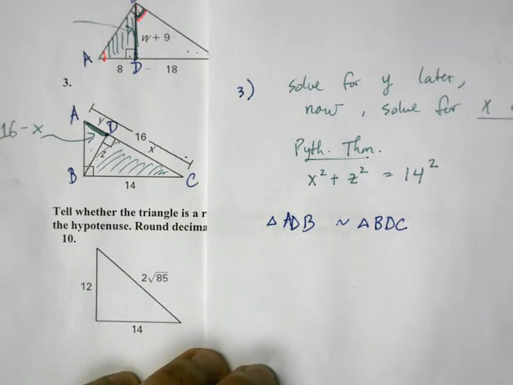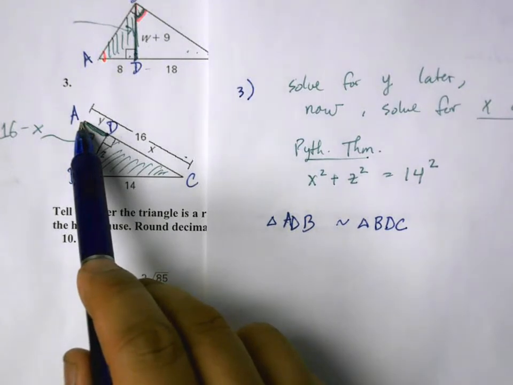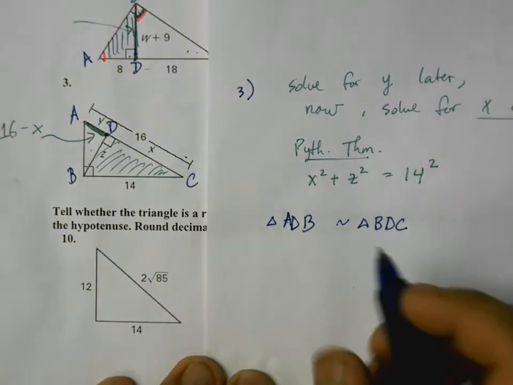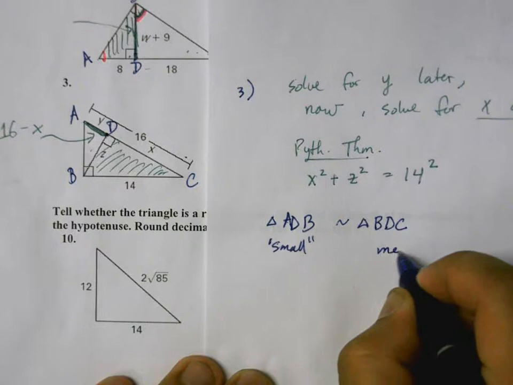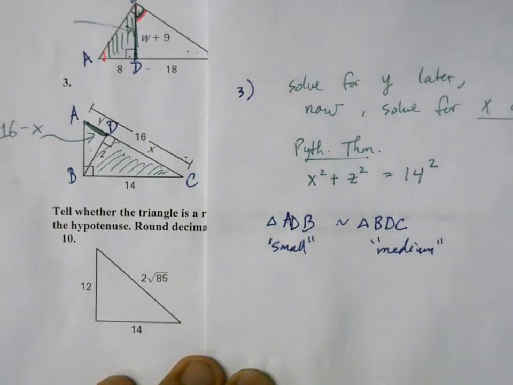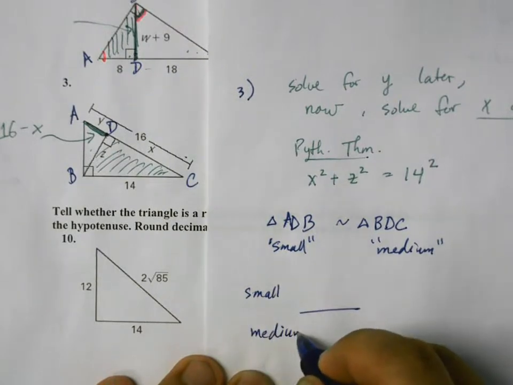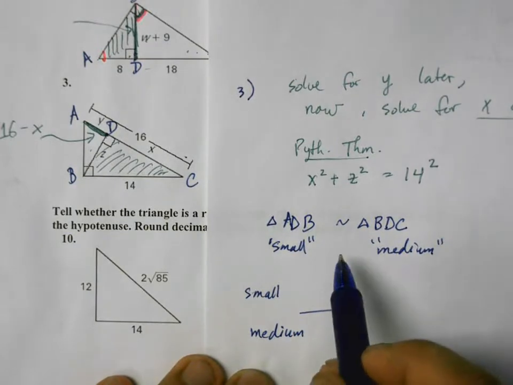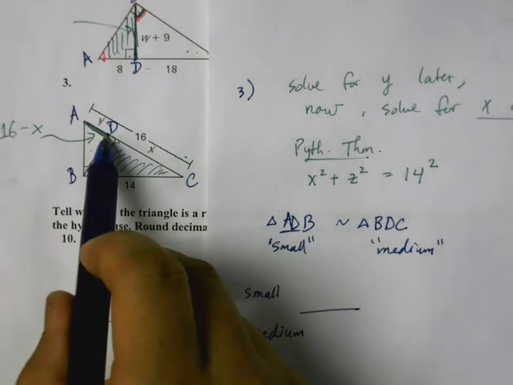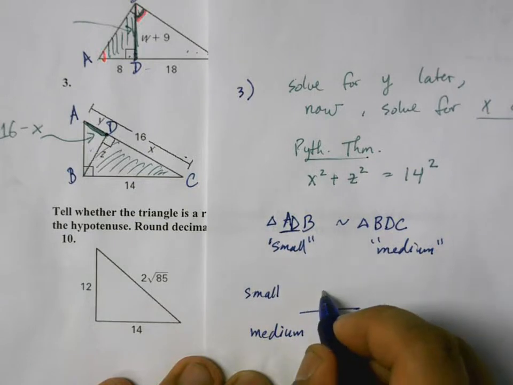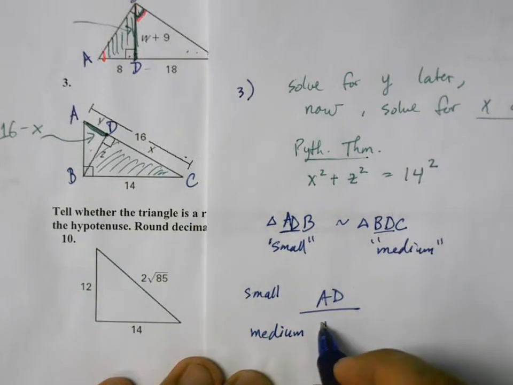So now we can set up a proportion. We're going to compare AD to BD. Okay, so this is the small, and this is the medium, and we're going to make that comparison. We're going to put the small values on top and the medium values on the bottom. So we're going to compare starting out with AD. AD, that's this length right here. Okay? So this is y, but we rewrote this as 16 minus x. Well, actually, let me write this first. I don't want to skip too many steps. So that's AD, which then compares to BD over here,